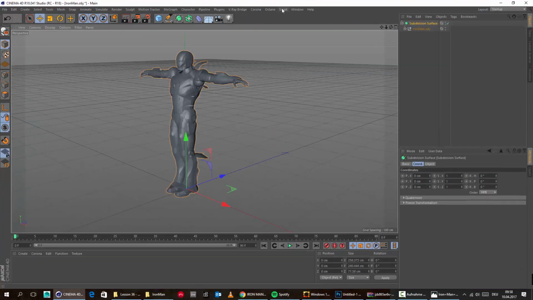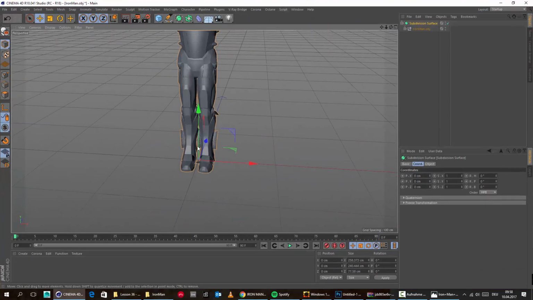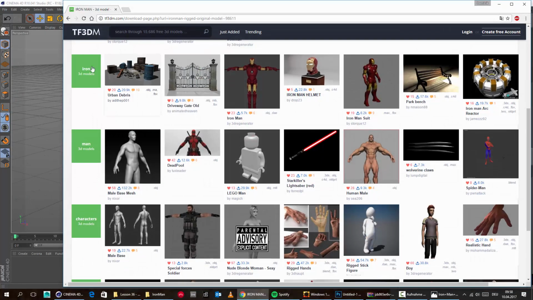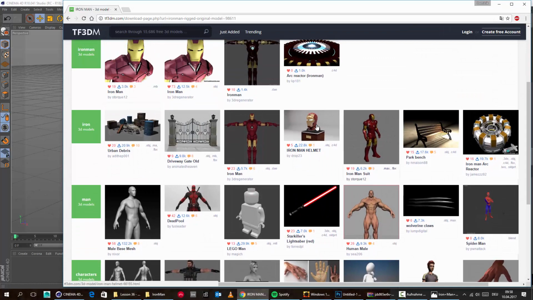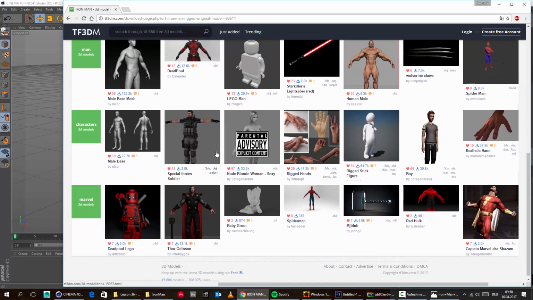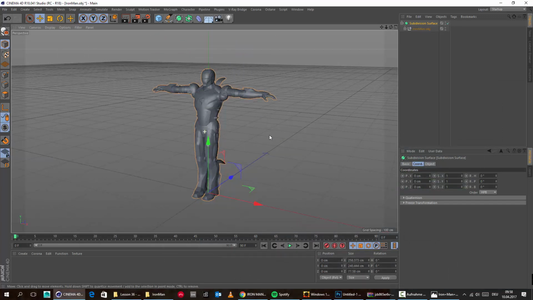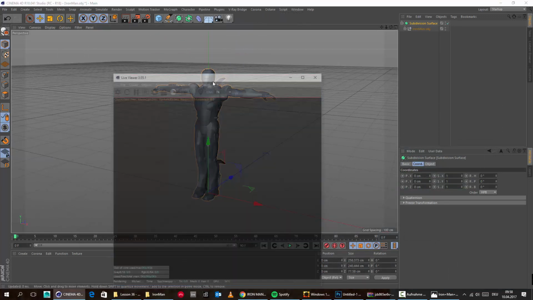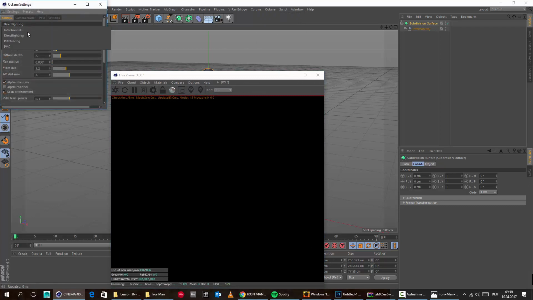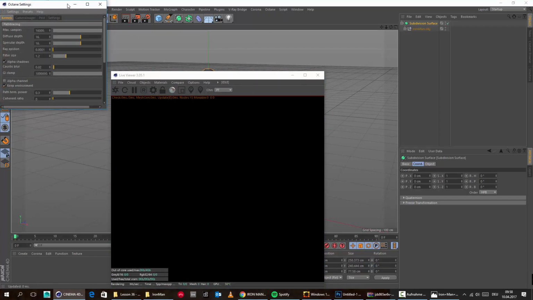metal. So I downloaded this Iron Man model somewhere from the internet, just by simply searching, I think here on TF3DM. It's not the best model in the world, I guess, but it's absolutely fine for this tutorial. So let's just simply go Octane, Live Viewer, open this up. Make sure this is set here to path tracing, and let's also,